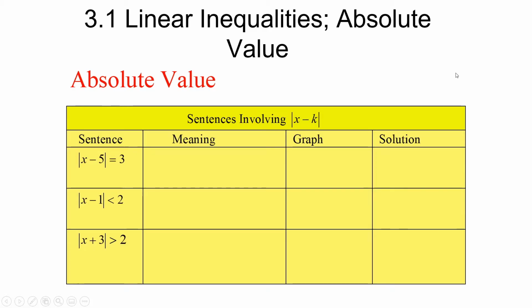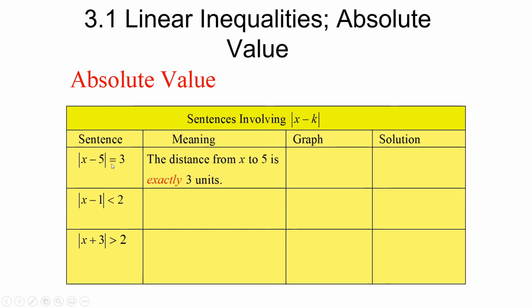Now, let's add a little bit to this. So the same chart, but now I have a -5, a -1, or a +3 within the absolute value. Now, what does this mean? Well, remember when it was just the absolute value of x and we said the distance from x to 0? Well, if I have the absolute value of x - 5, that means the distance from x to 5. The distance from x to 5 is